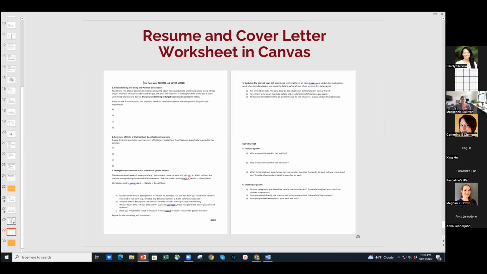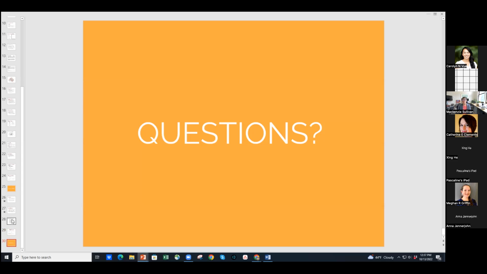So this worksheet, which you probably can't see super well on the slide, will say, what are the 3 to 5 points you're trying to communicate? Give me the summary of how your qualifications meet what they're looking for. It's a good way to get yourself started rather than taking your CV, spending an hour looking at it, and then trying to translate it over here and ending up with a document that doesn't have anything to do with the job posting. So I really like this basic worksheet as a way to get started on these documents, particularly if you haven't done them before.